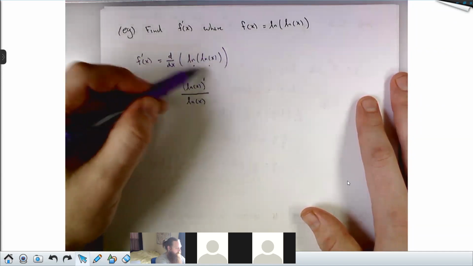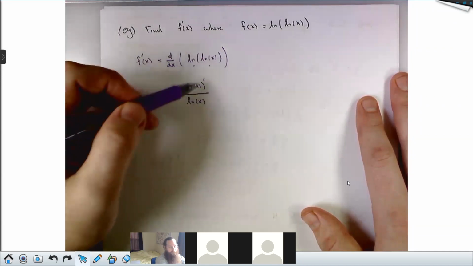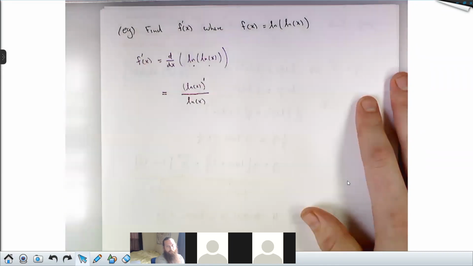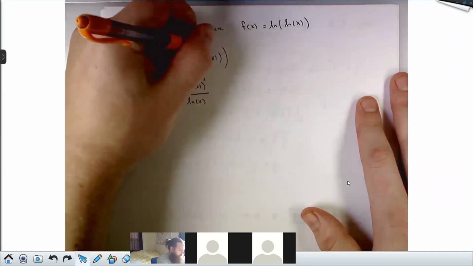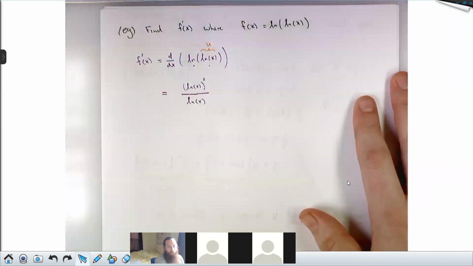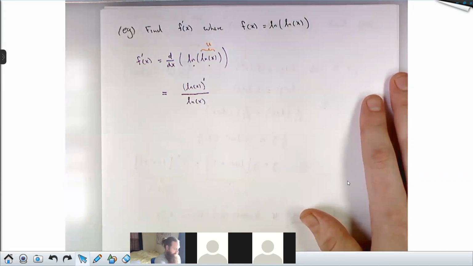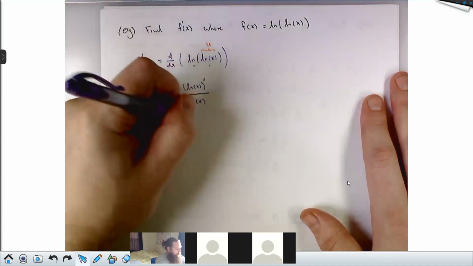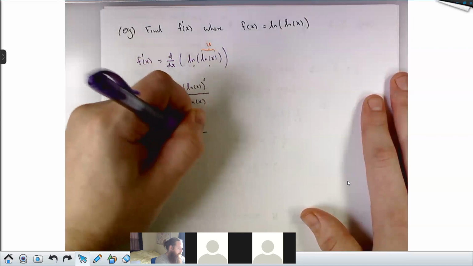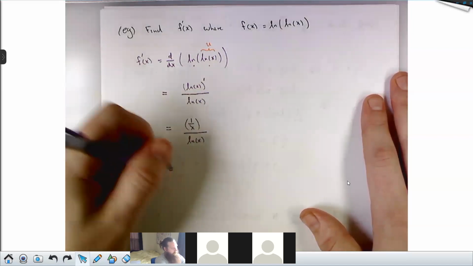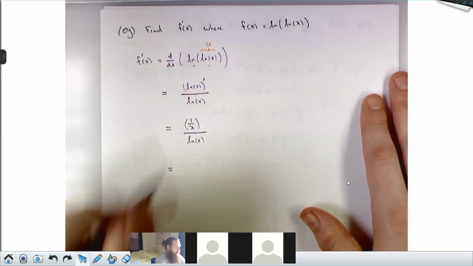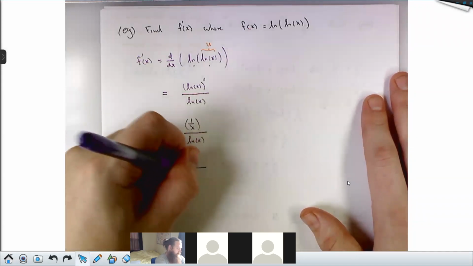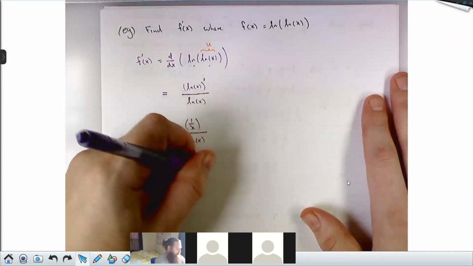It's 1 over the inside times the derivative of the inside, or u primed over u. Here, this piece is playing the role of u. And the derivative of ln x, the thing upstairs, is 1 over x. So this is 1 over x divided by ln x, which, when you simplify the fractions, is 1 over x times the ln of x,